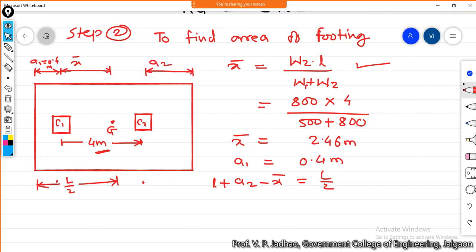That is the distance from the right end of this footing to the center of this column C2. This distance is considered as A2. Now we know that L is equal to 4 meter plus A2, we don't know this value, minus we know this x bar, this is 2.46 meter. Again L by 2 we have,